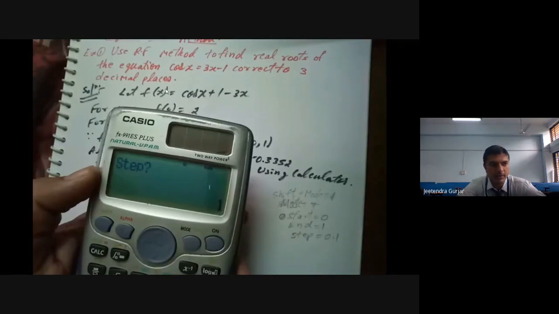So this f of x will be equal to, you have to type cos x. X you cannot type directly. I think you are familiar with alpha, this bracket, open bracket, right side bracket, that will give you the capital X, alpha x. Then you have to type plus 1 minus 3x. X you cannot type directly, so again you have to take x as your alpha, again bracket, that will give you the capital X. So are you ready with the equations? Yes, sir. Okay, till here you have ready.